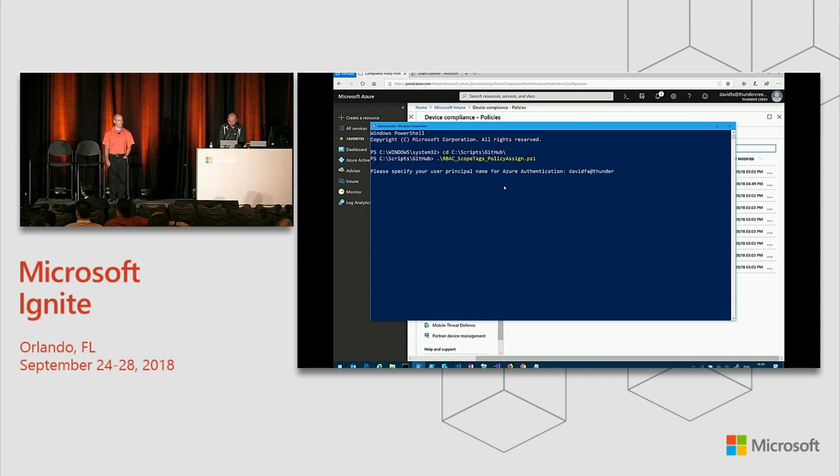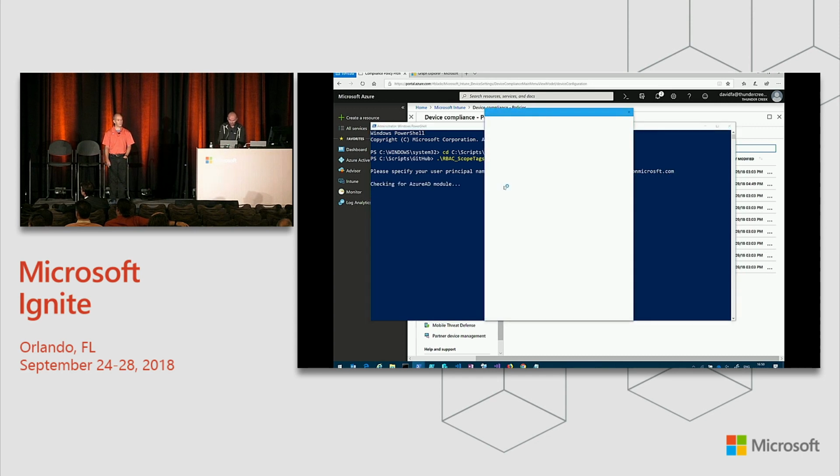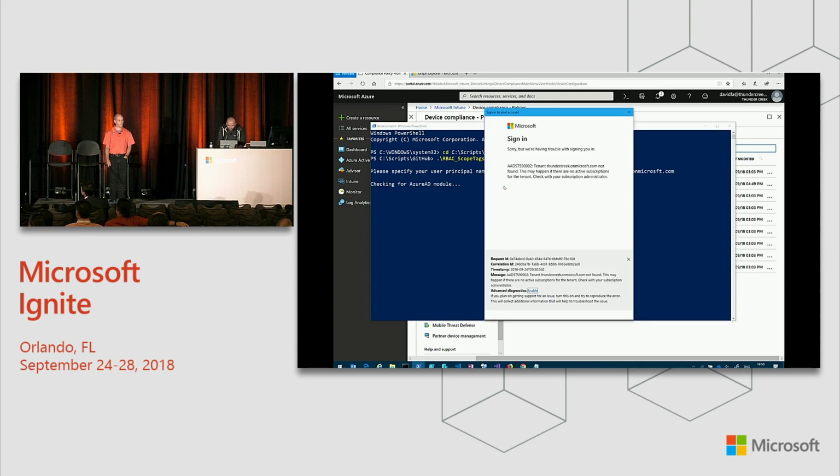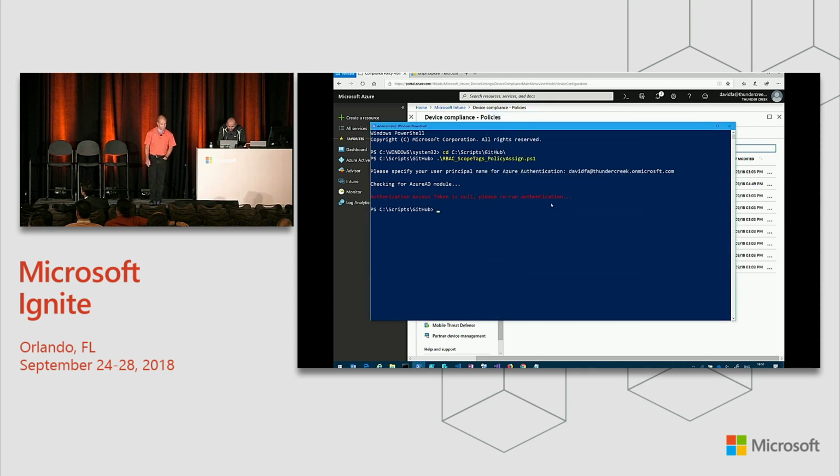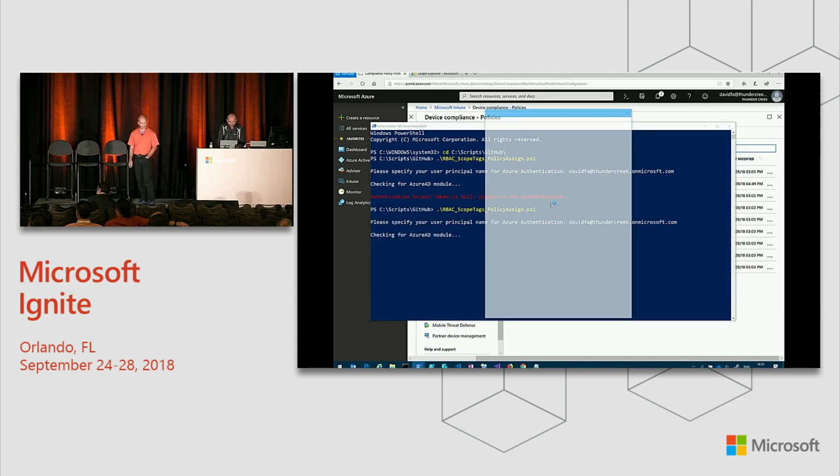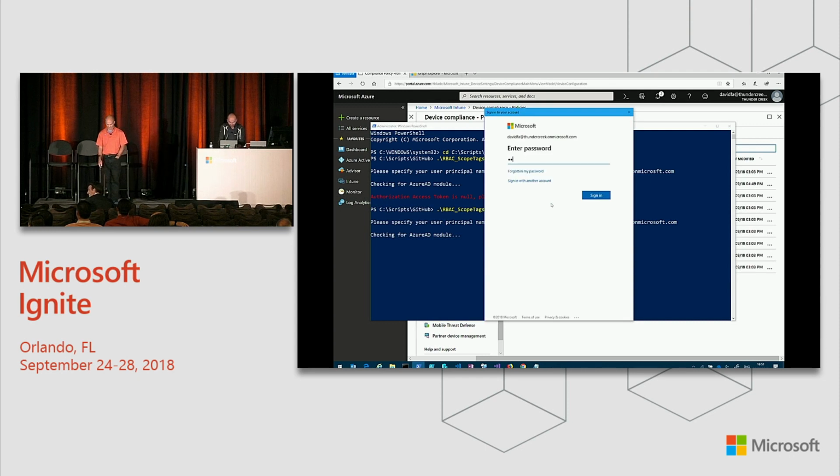So this is the normal GitHub scripts that we do today. .com. It's going to ask me to authenticate with this tenant. You have the wrong spelling. You have Microsoft. It's going to ask me to authenticate. If I authenticate with my password,